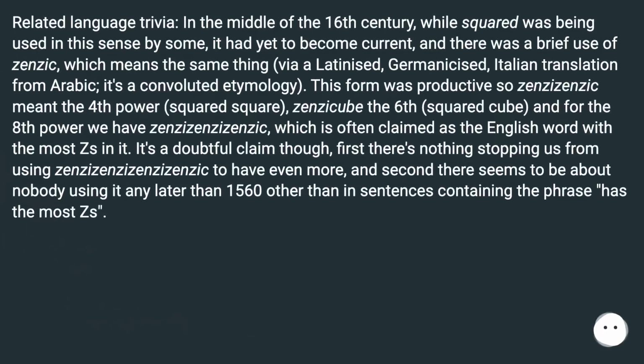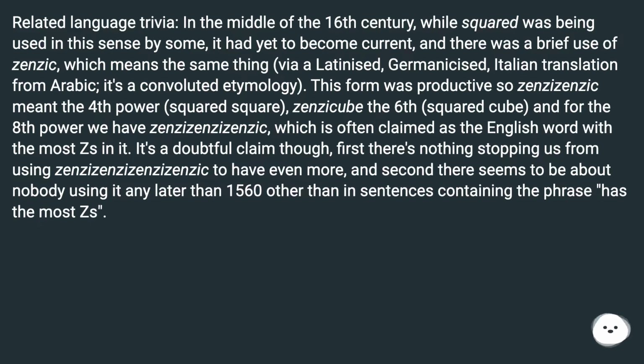Related language trivia: in the middle of the 16th century, while squared was being used in this sense by some, it had yet to become current, and there was a brief use of Zenzic, which means the same thing, via a Latinized, Germanicized, Italian translation from Arabic. It's a convoluted etymology. This form was productive, so Zenzic meant the 4th power, squared square, Zenzicube the 6th, squared cube,